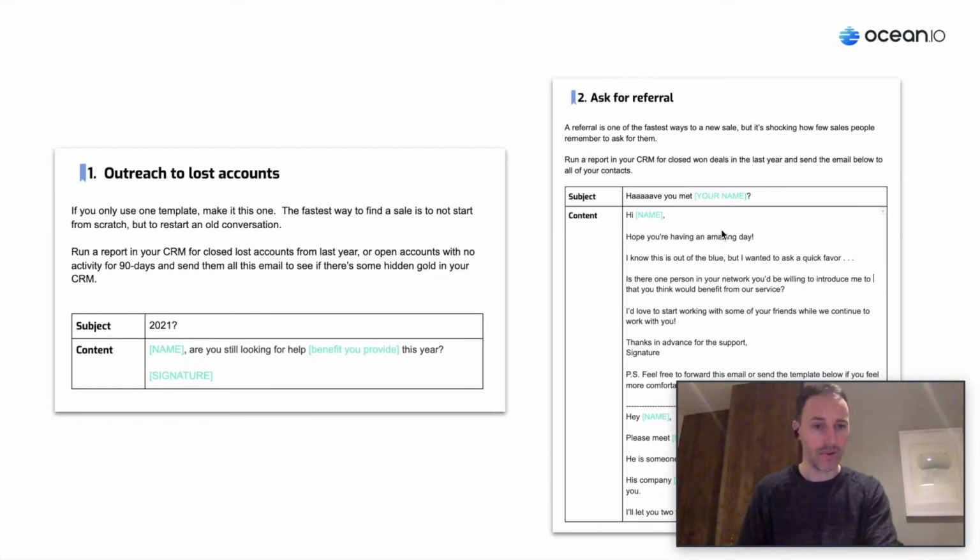Next one would be a referral. I would build this into your process, but it's also a good way to reach out and see if people you worked with in the past, people you've won, whose customers were happy, if you've marked them in your CRM as an evangelist, great, that's a good starting point. Or just reach out to people you know and say, hey, we're trying to grow a lot this year. Just wanted to ask a quick favor. Is there anyone in your network you could introduce me to?